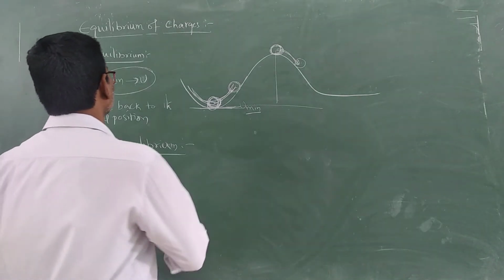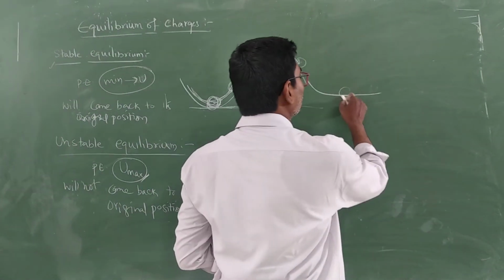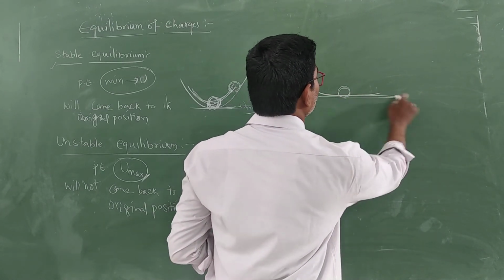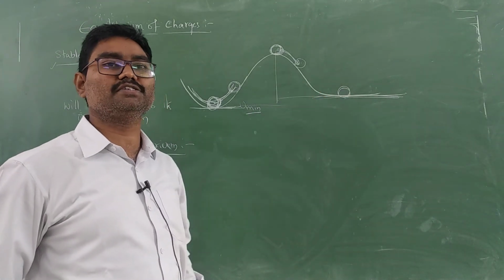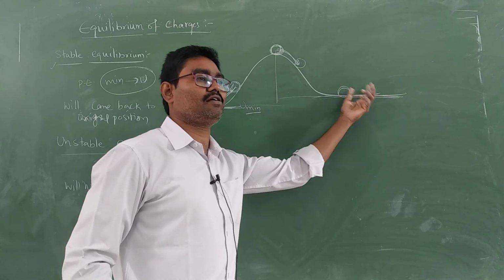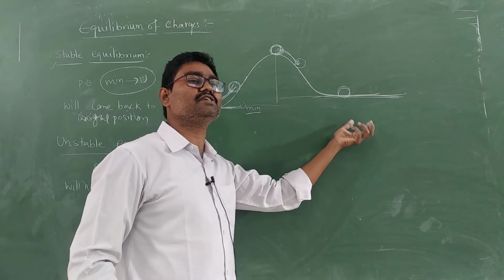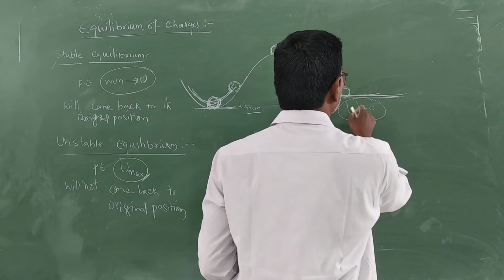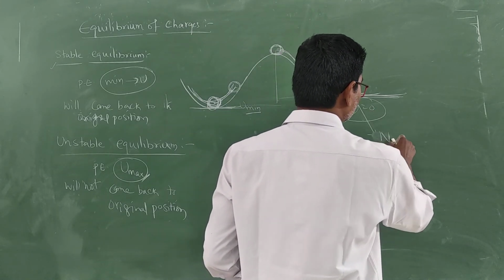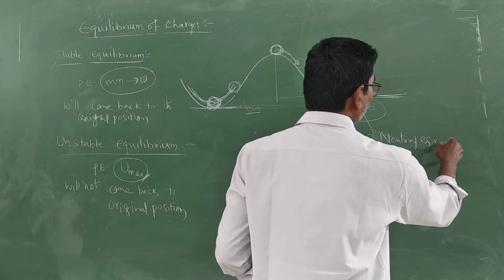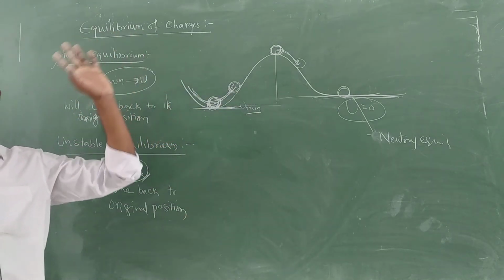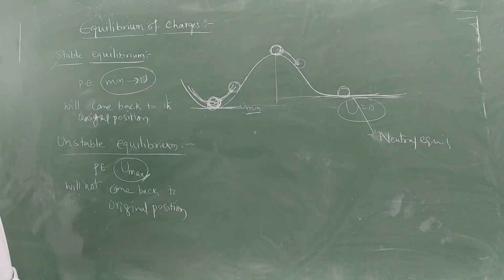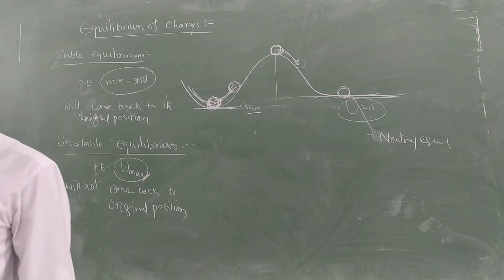Okay, observe it. Next, consider the object which is here on the surface, just like the ground. Now here what is the potential energy? Zero. If you displace it from the mean position, it will not come back again, but potential energy is zero. So potential energy U is equal to zero. This is what you can call neutral equilibrium. Potential energy is zero in the case of neutral equilibrium. Right. Next.